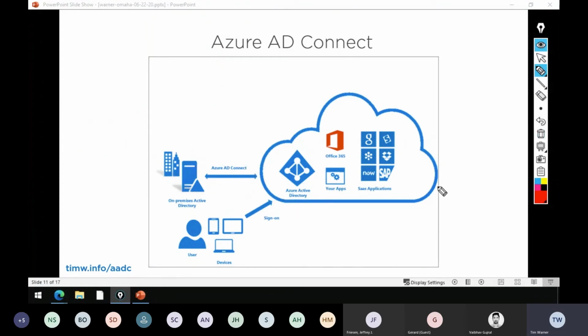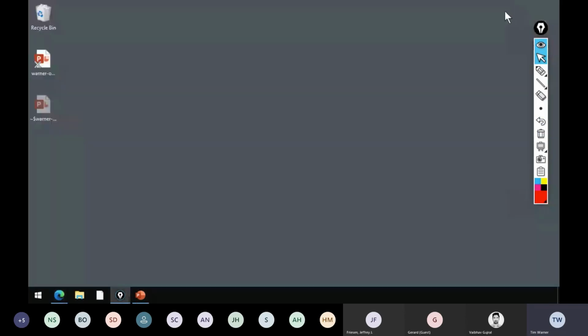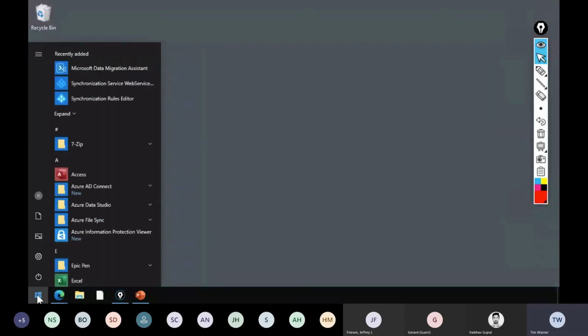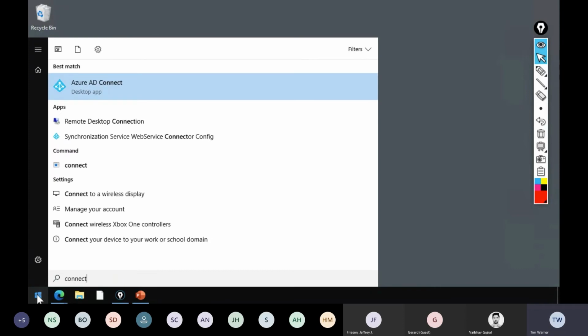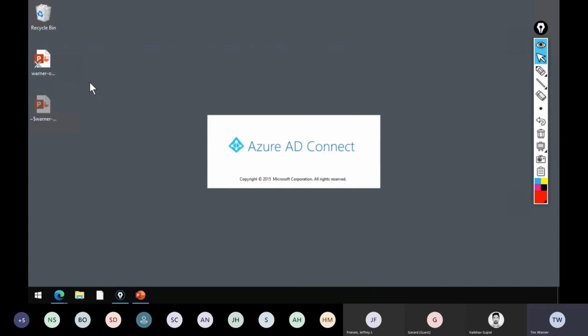It can get more complex than that. I don't know how far you want to go with that, actually. On this machine I'm teaching from, I actually have Azure AD Connect installed, and I've got synchronization going. So the way that you set it up is that you run through the wizard, and then the way you change your configuration is to simply rerun the Azure AD Connect wizard on one of your local infrastructure servers.